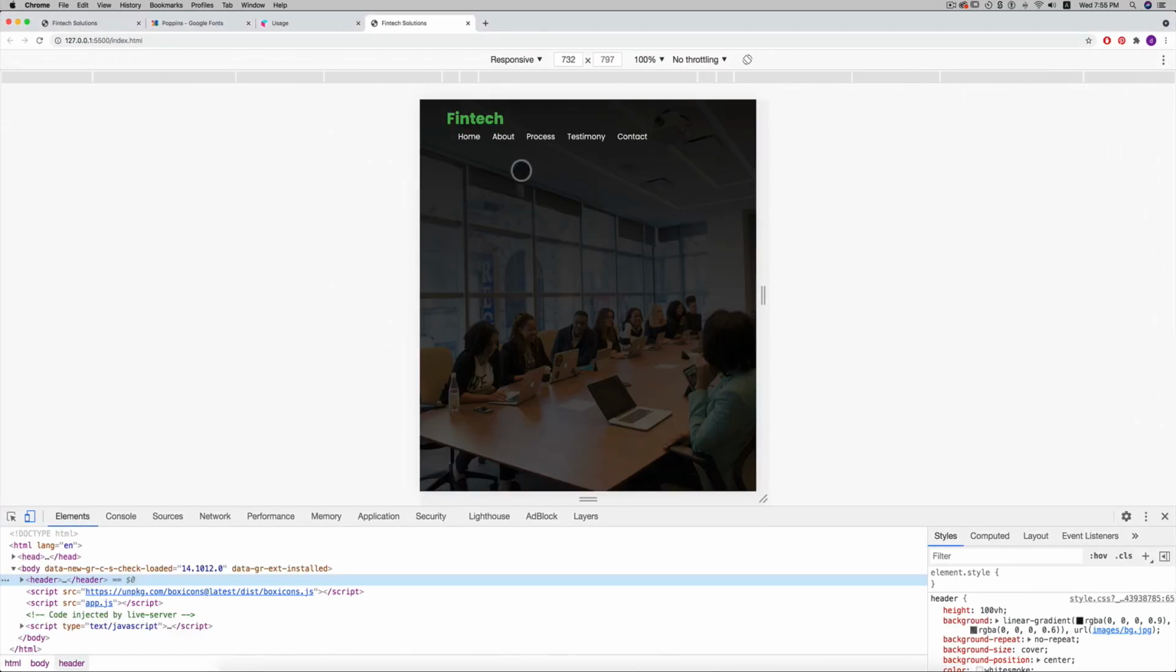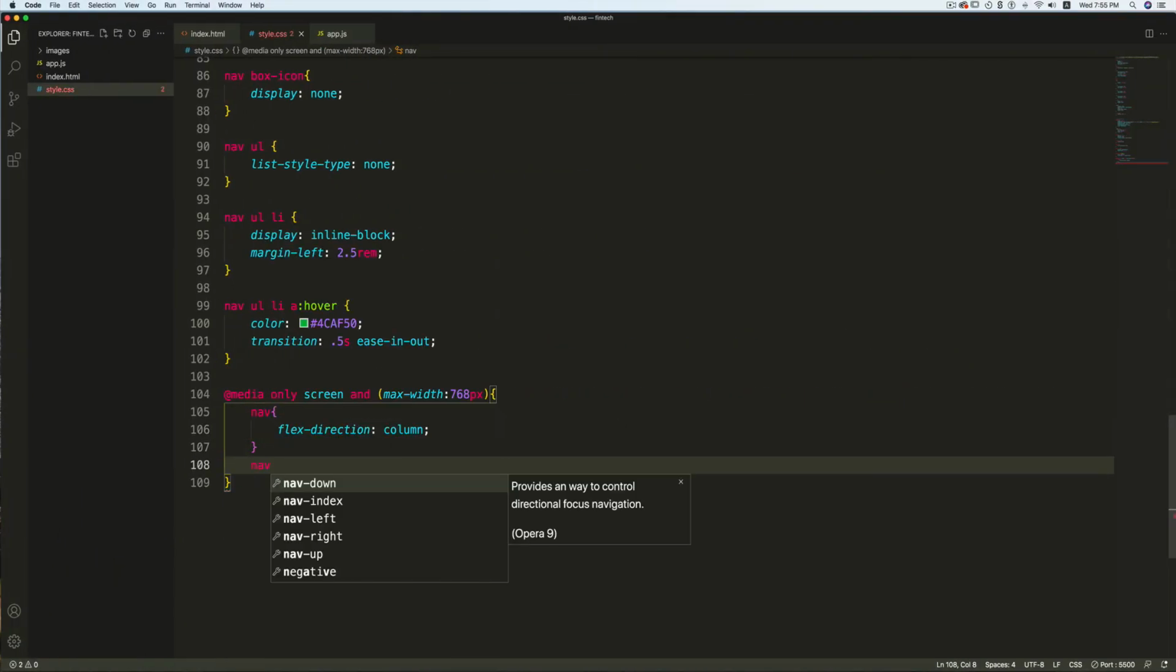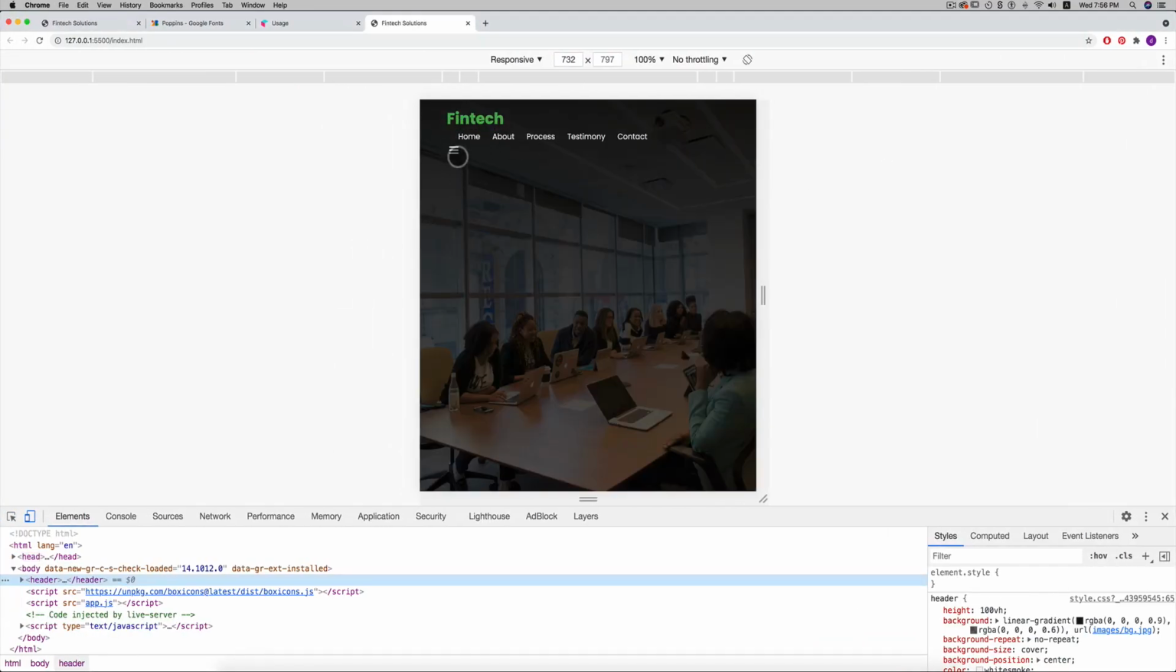So let's see. See, now it's arranged vertically. Then I'm going to target the box icon. I'll change the display to block so that it is visible. Let's see, it is visible. Now I need to move this to here. So I'm going to set the position absolute on this, and I'm going to set the position relative on this nav so that it moves relative to this